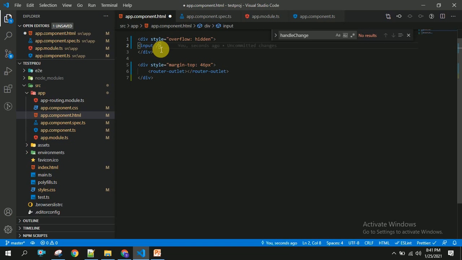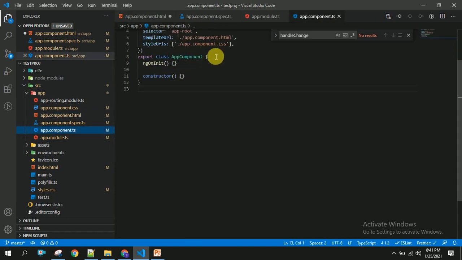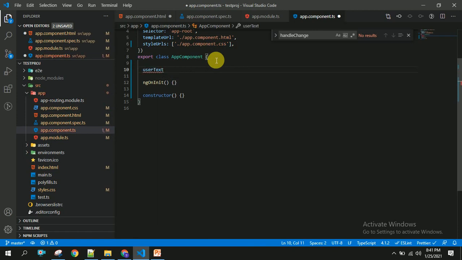For this I am going to use ng model equal to some temporary variable, let us consider it as user text. You have to give this user text in your app component.ts. I am mentioning the type as string and you have to initialize it. That's it.